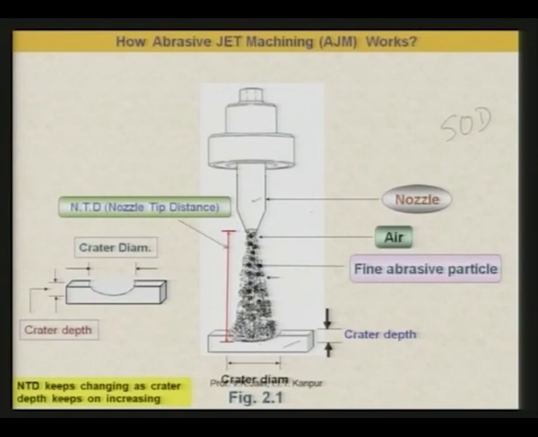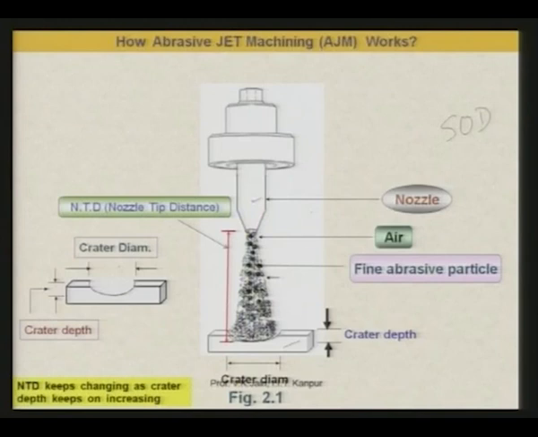As we see here on the left side, the depth up to which the abrasive particles have penetrated the workpiece is known as crater depth, and the width to which it is removing the material from the workpiece is called the crater diameter. Normally, depending upon the shape of the nozzle, it can be a circular shape, then you will call it a diameter. It can be some other shape, then accordingly you will have to call it the width of